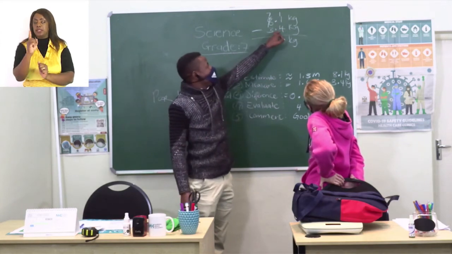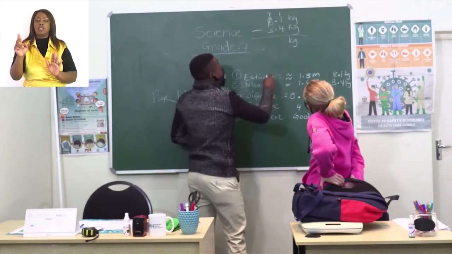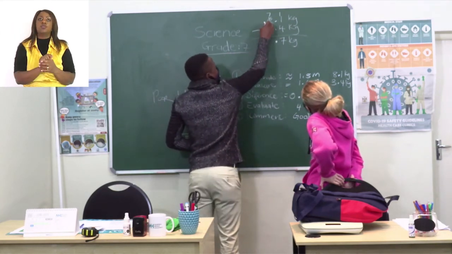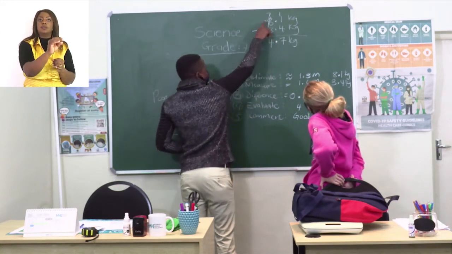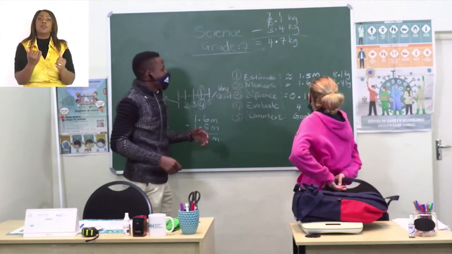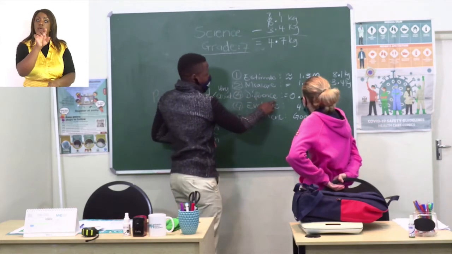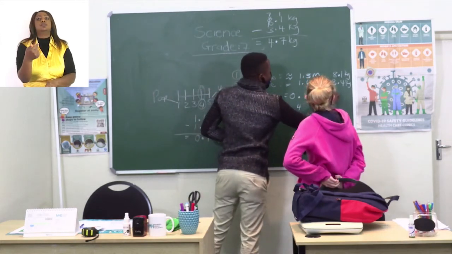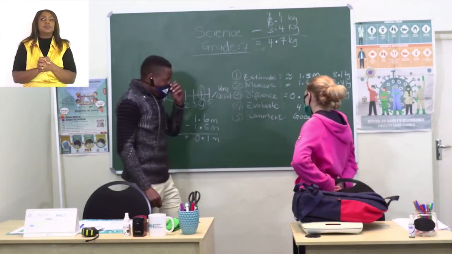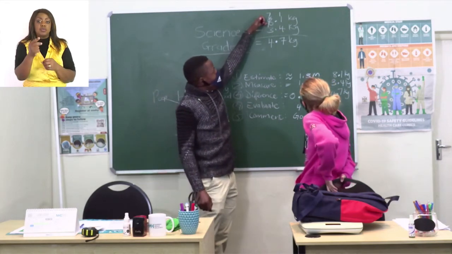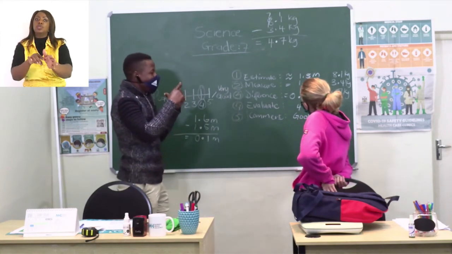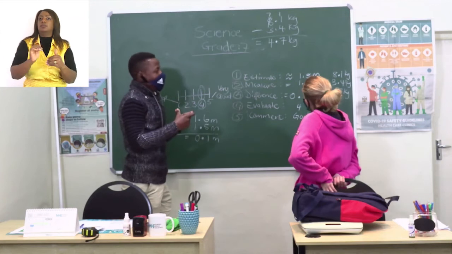I take 4 from 11. Then I'm having 7. Then there's a point. Then you subtract, you have a 4 here. If you take 3 from 7. So the difference is 4.7 kg. If you look at these two values, 8.1 and 3.4, it shows that your estimate was very far from the actual answer.